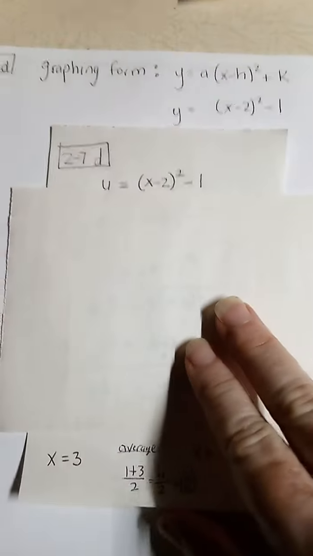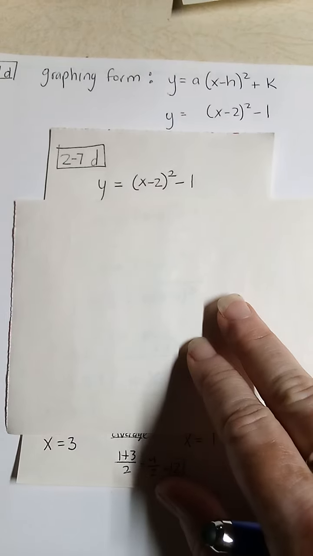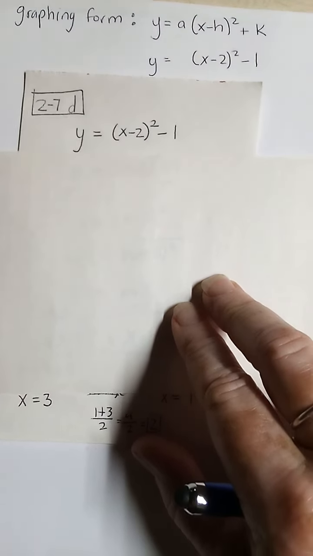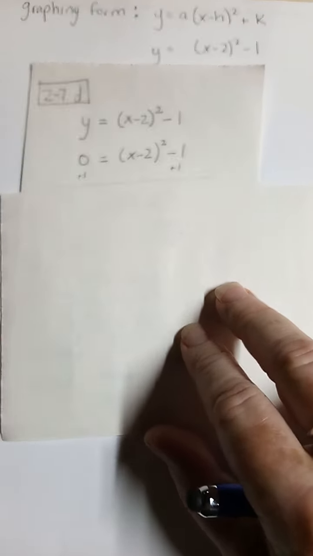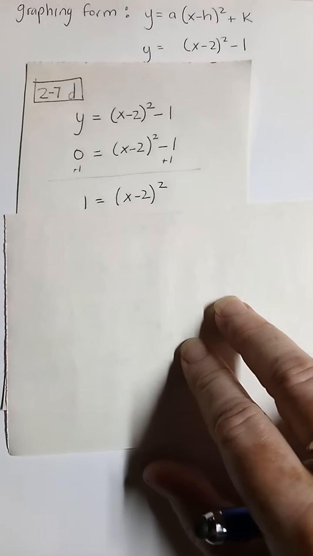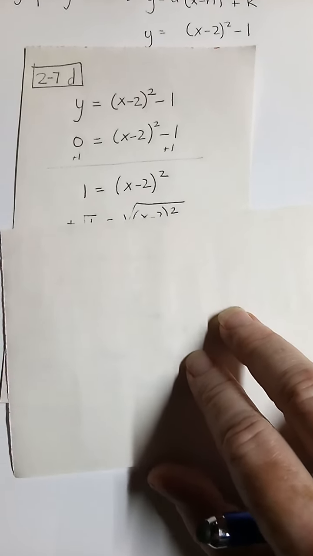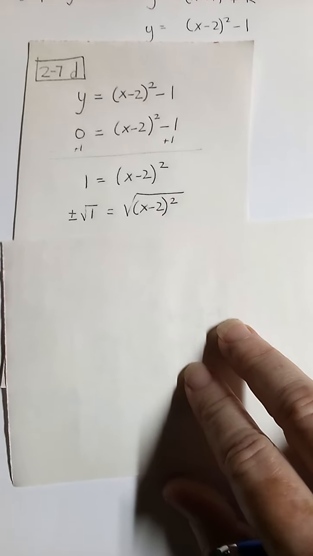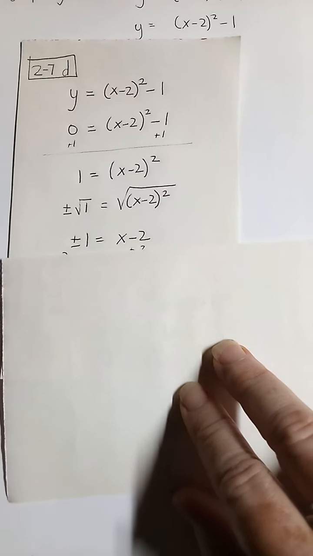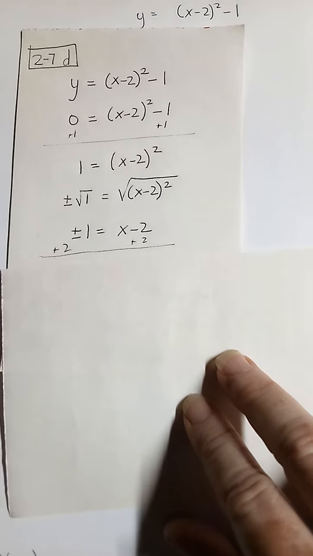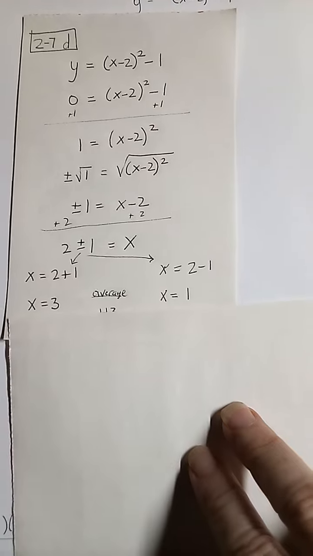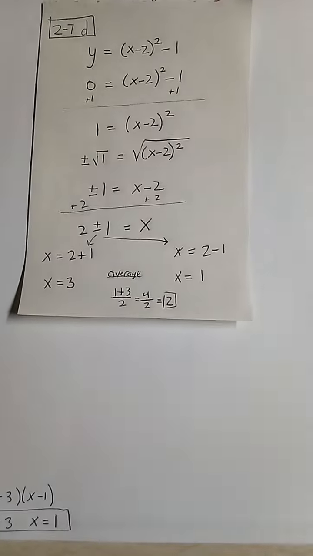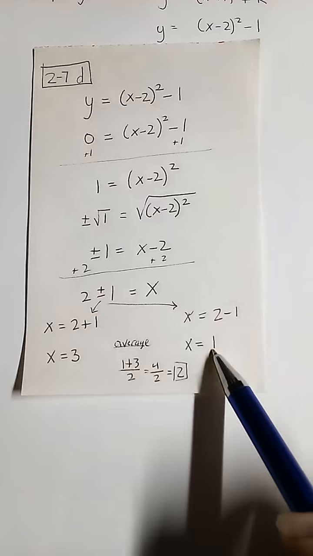Anyway, there are different ways that you can find the intercepts. I like to just plug in 0 for y because that's where the x-intercept happens. So I plugged in 0 for y, and then I solved the equation by adding 1 to both sides, and then I took the square root of both sides, and then just did my algebra, and I ended up with 3 and 1 for my